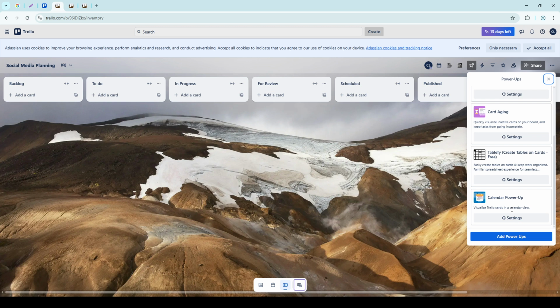social media planning needs. By following these steps, you're setting yourself up for a more organized, strategic, and